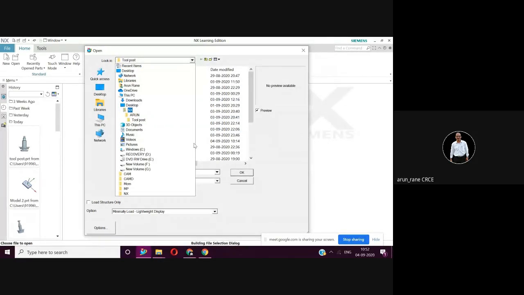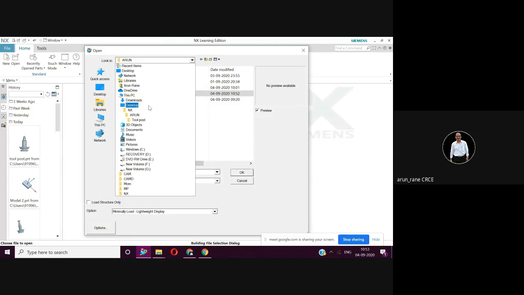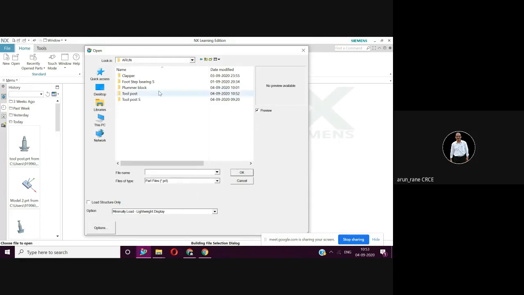In the student edition, I don't know whether animation is possible or not. So you can check. You can take some simple mechanism like slider crank mechanism or your piston and connecting rod mechanism, and you can try with that. You just explore whether you can animate in NX or not. So what I wanted to show you here, and where is that? No.